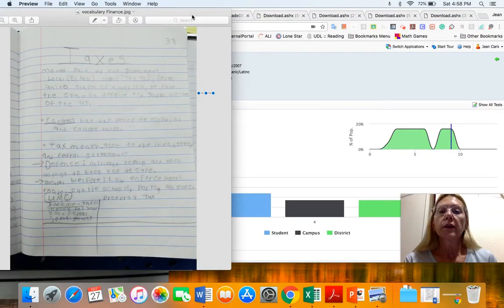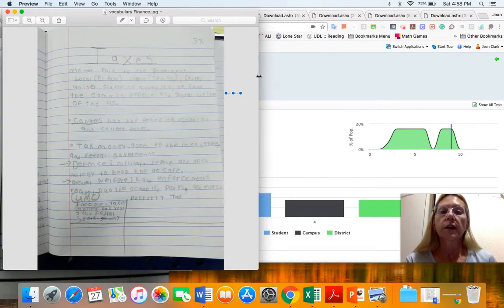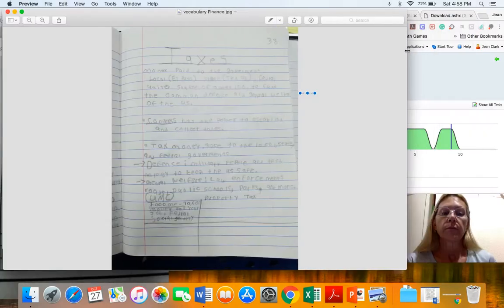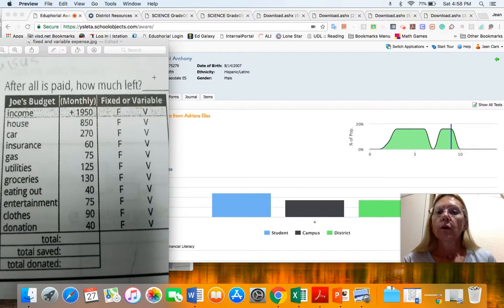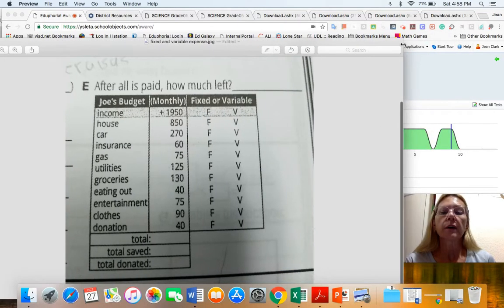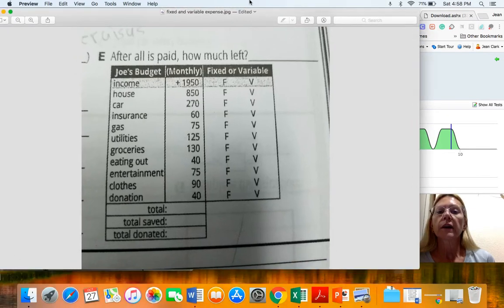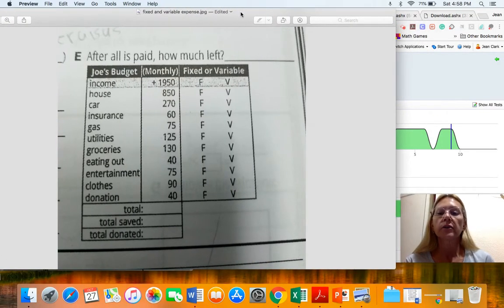So first thing we did was we took notes on taxes. And after that, we used the program Lone Star, in which case for this lesson, I only concentrated on the section that had to do with the budgeting, fixed income, variable. They do know that everybody starts out with an income.